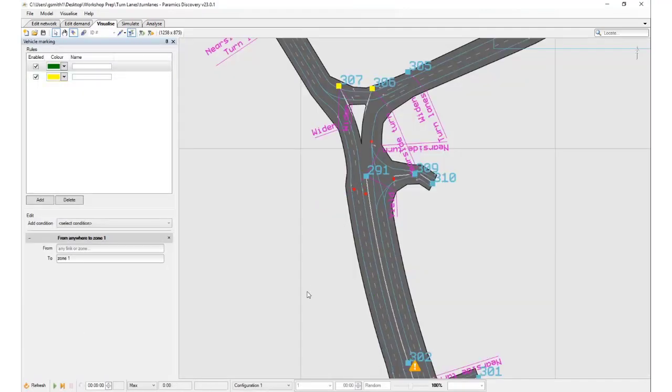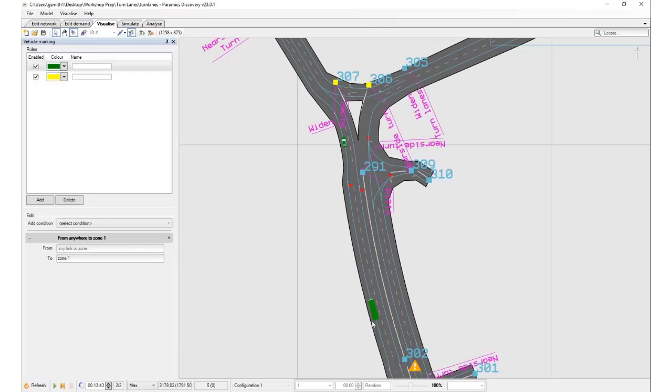If I go back to visualize and refresh, the hazard is gone. And my vehicles on this section now have the correct lane range. So green vehicles will have 1-to-1. And yellow vehicles 2-to-2. And the behavior after this node is much improved. So